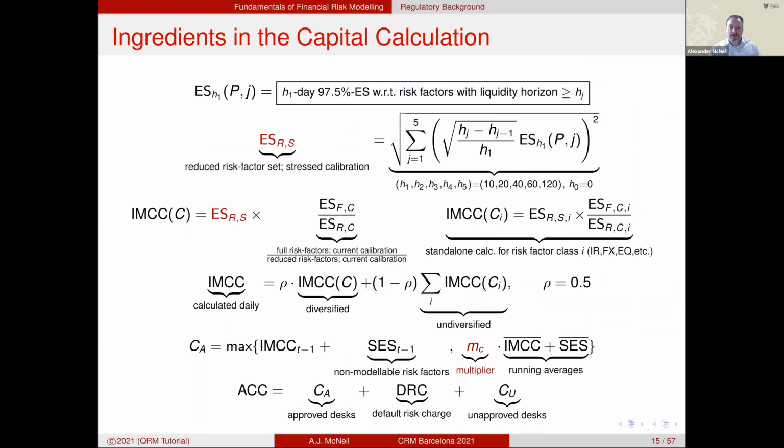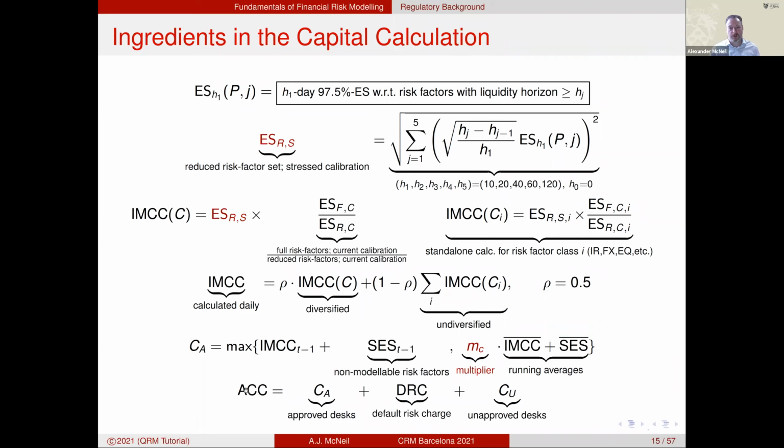I'm not going to go through this slide in detail, but at one point, for my own amusement, I took all of the formulas out of the Fundamental Review of the Trading Book and put them on one slide, I'm that kind of person, to catalog the calculation process that is used to come up with a capital charge. The way this slide is read, the final formula where it says ACC, that is the capital charge for the trading book. And there are a whole series of calculations that you go through before you arrive at that capital charge.